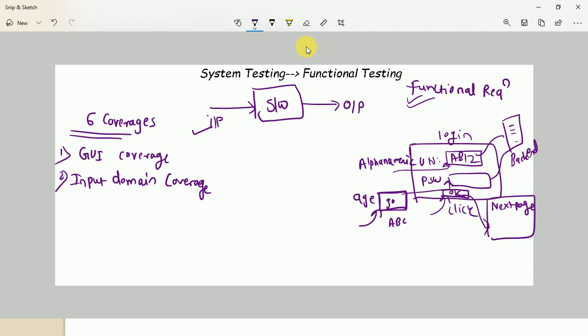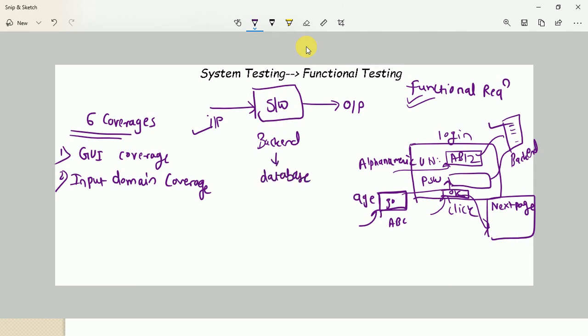Similarly, once you pass some input, that input should be processed by whom? The software. And this process is performed at which side? It is performed at the backend side. Clear? So very first, the tester or any user passes an input, and that input gets processed by whom? The backend side. So backend means what? We need to verify a database.